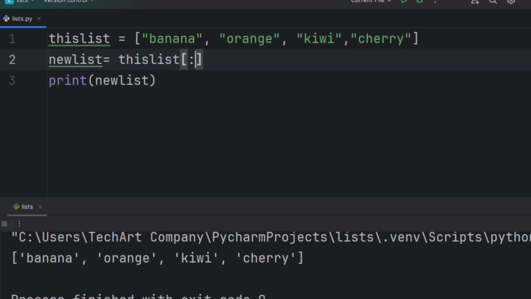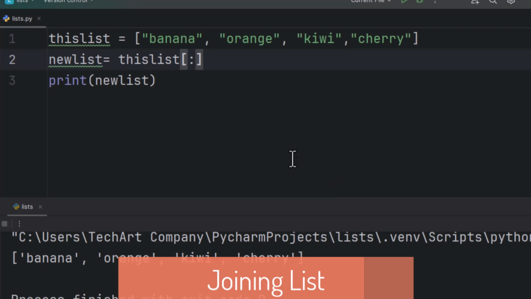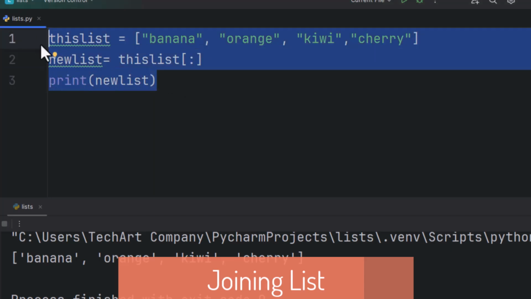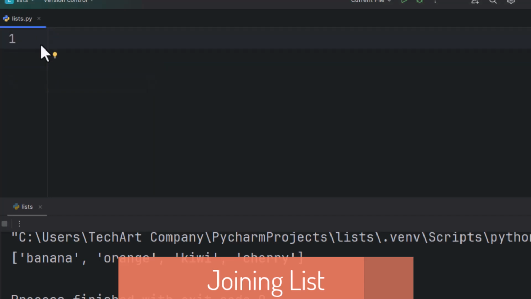Let's see how we can join lists. To join a list, so simple. So joining two lists, there are several ways to join or concatenate two or more lists in Python. One of the easiest ways is by using the plus operator. For example, we have list1 here. Let me just remove this,